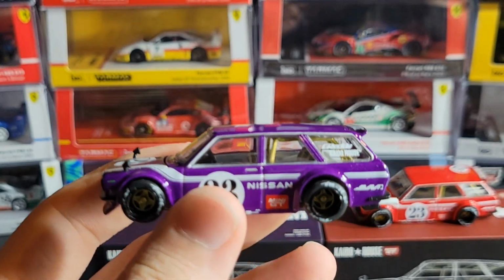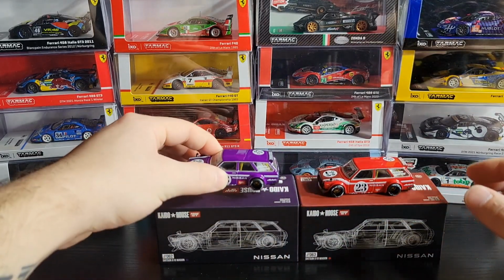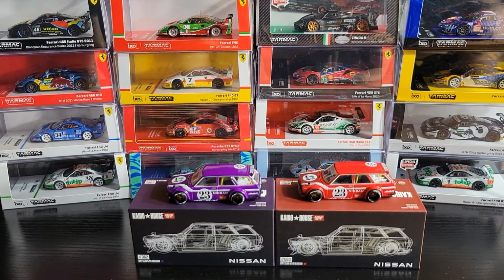So I think between the two, I do prefer the purple one, just because I think the paint looks better. I think the purple and gold combo is a little bit cleaner and fresher than the red and gold combo. With that being said,